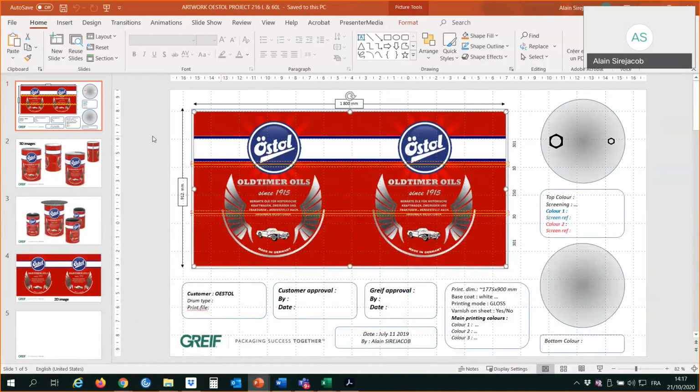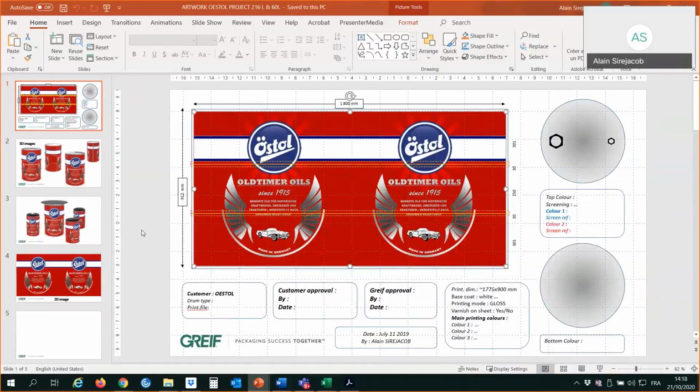You know that this is the document that we develop when we receive an image from the customer. We put the image of the customer on this slide to show him where the beats will be, what the color for the top and bottom will be, and what the specifications of the drums are. We ask the customer to sign this document, which becomes the reference document.